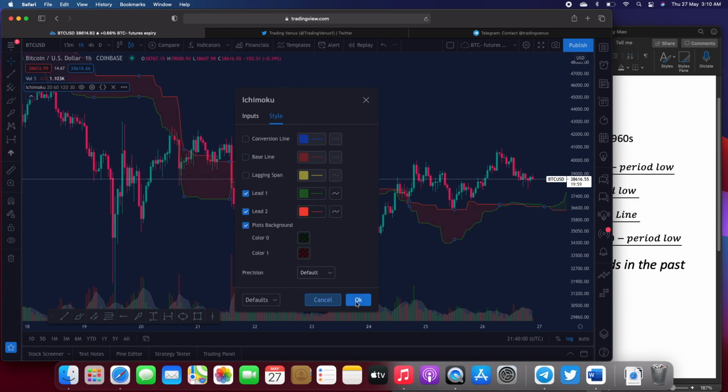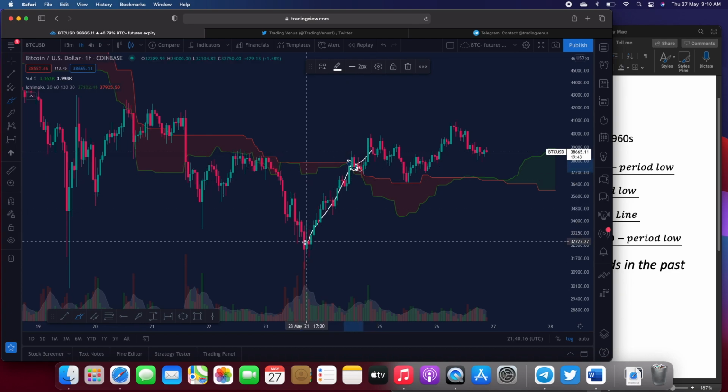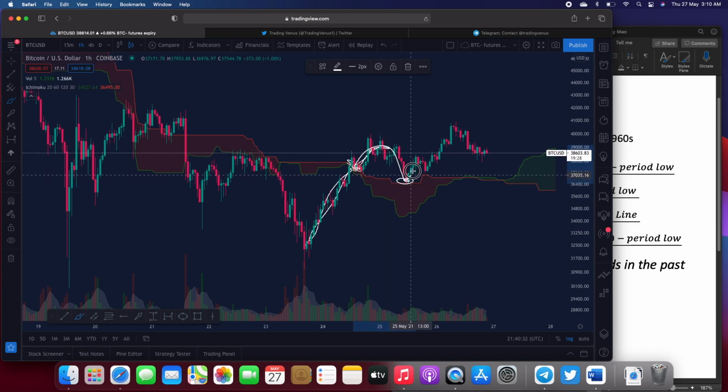So here, as you can see, Bitcoin broke out of the resistance, and it was easy to break out because the area was shallow. That is trading 101: whenever we break out of the resistance, that level turns into support. So when we came back and tested it, it provided us support multiple times.